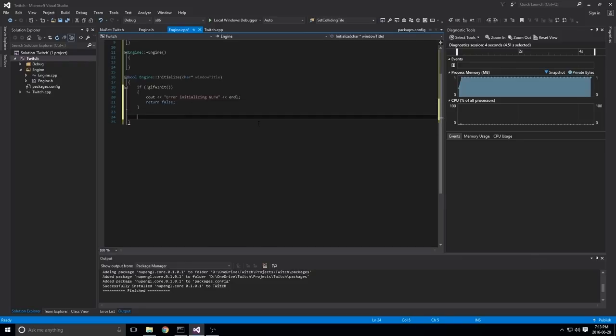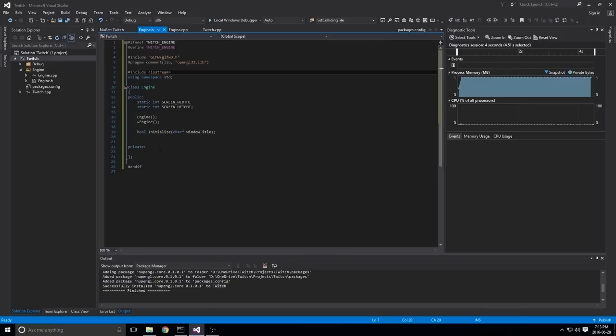It's pretty straightforward. So now that we have that, we have to actually keep track of a window object. And this is like a GLFW thing that we keep track of. So let's go back to our header, and we'll keep track of that, obviously, as a private member variable. And this window is going to be, now since we only need one, we can make it static so that we can access it. So we can go static GLFW window. Yep, there it is, GLFW window. And we'll want a pointer to window. We'll just call it window. It's a pointer to a GLFW window called window, and it's static.